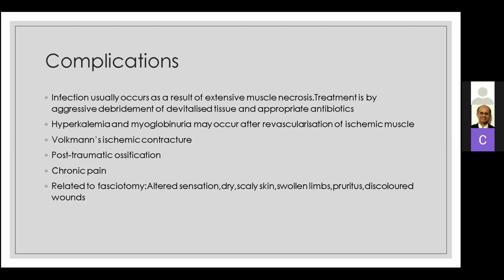That's when the necrotic tissue heals by fibrosis. So these patients have a permanent morbidity related to that. Other complications include post-traumatic ossification, chronic pain, and then related to the fasciotomy, altered sensation, dry, scaly skin, swollen limbs, pruritus,